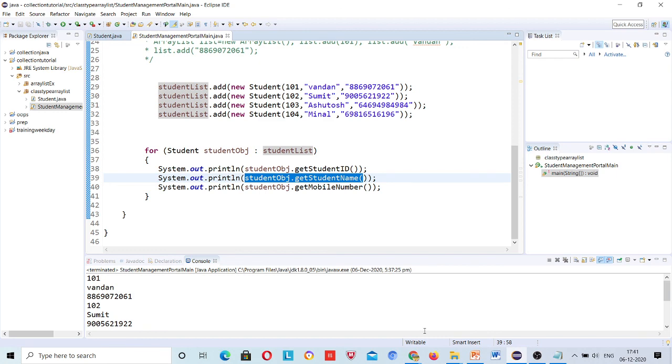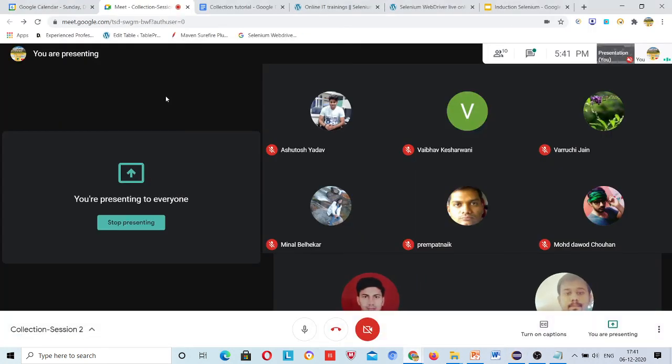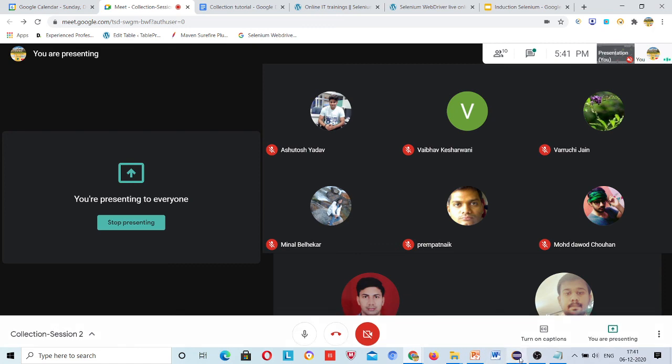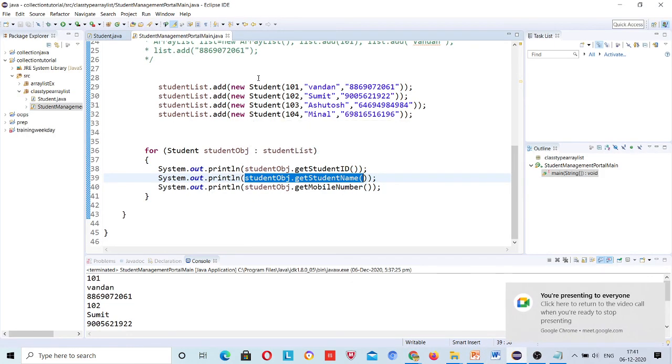See, I know that after seeing this code, after this session, you will face many problems. That's why we are recording this session. Watch this session again and again. If you come across any problem, ask your queries, and then please complete your assignment, right? So if anybody has any doubt over here, ask me.